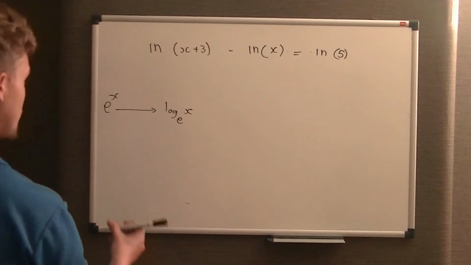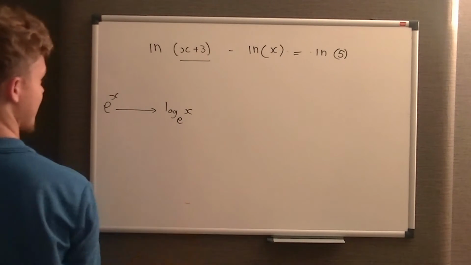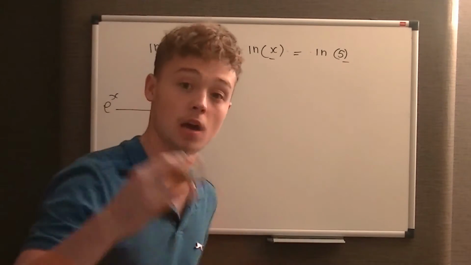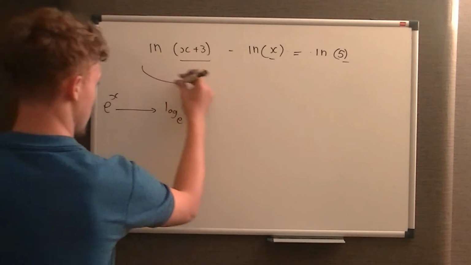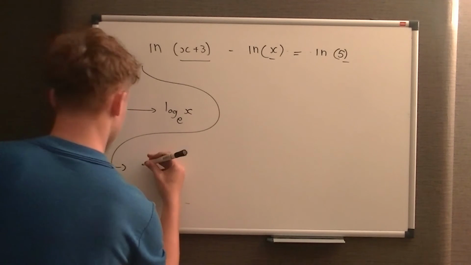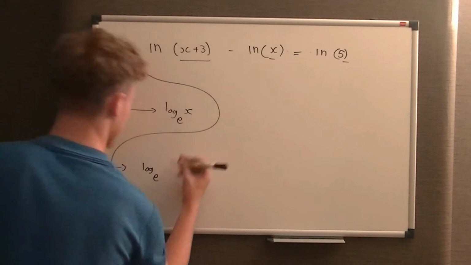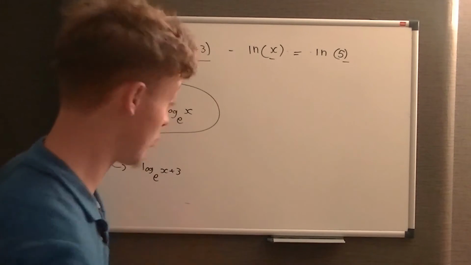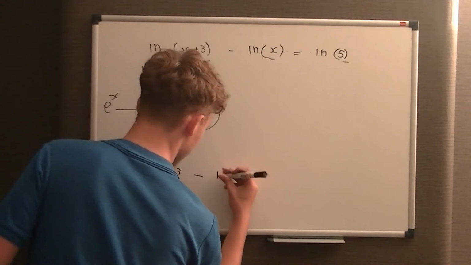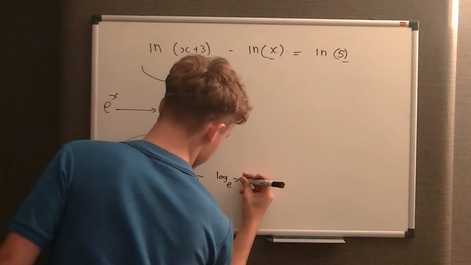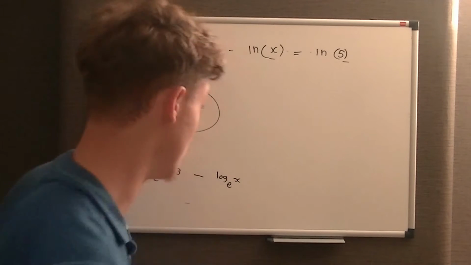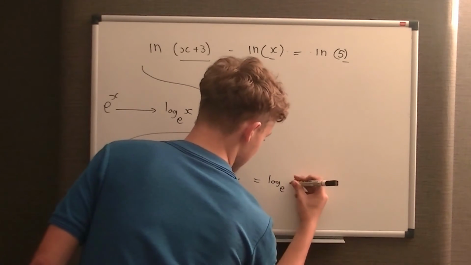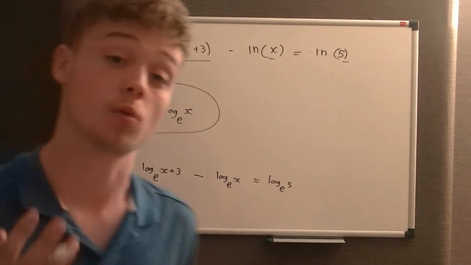Get it? So what we do, this is essentially x, okay? That's x, that's x. So all these have a base of the natural log. So what we do with this is log e, and we put the x value, x plus 3, and this is where your C2 logarithms comes in. Take log e to the power x. Now you don't need to worry about these bases because e is a number, equals log e of 5. Now you should know when you take away logs you divide